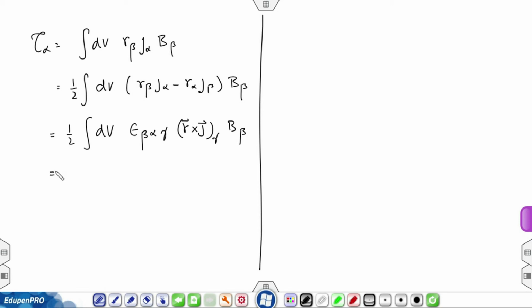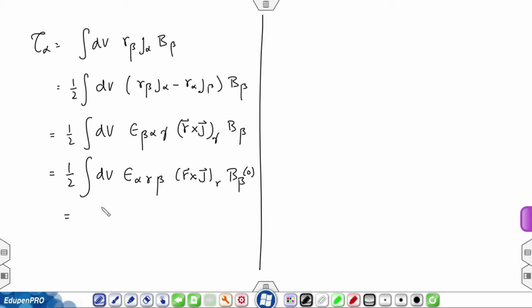This, by switching beta and alpha twice, I can write as integration dV epsilon alpha gamma beta (r cross j) gamma B beta, and this is at the origin,